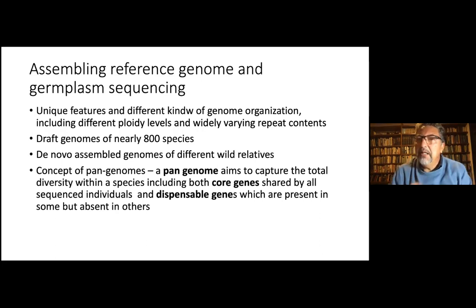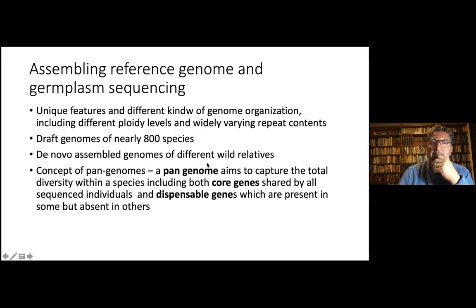The combining ability would be related to the complementarity of these dispensable genes. They are present in one line and not present in another, and vice versa. So that would be a good fit to the heterosis hypothesis that results from the complementarity of two genotypes crossing. But it also helps us to understand,